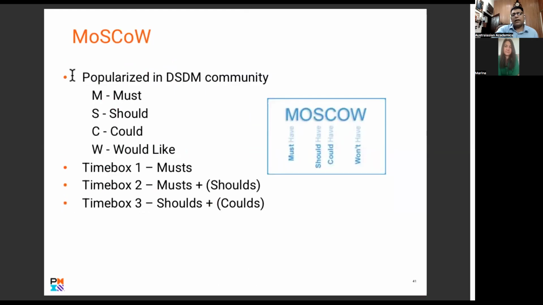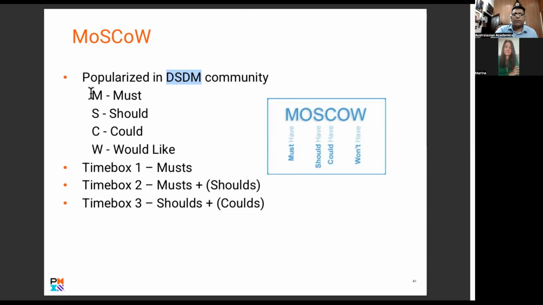MoSCoW again. The DSDM community, DSDM is a very deep, disciplined specialization. Disciplined Scrum Master certification is a very advanced level of Scrum Master certification. I am studying for it, hopefully. There are a lot of jobs out there for Scrum Masters. If you go on any job board or LinkedIn and type in Scrum Master, you'll find thousands of jobs, if not hundreds.